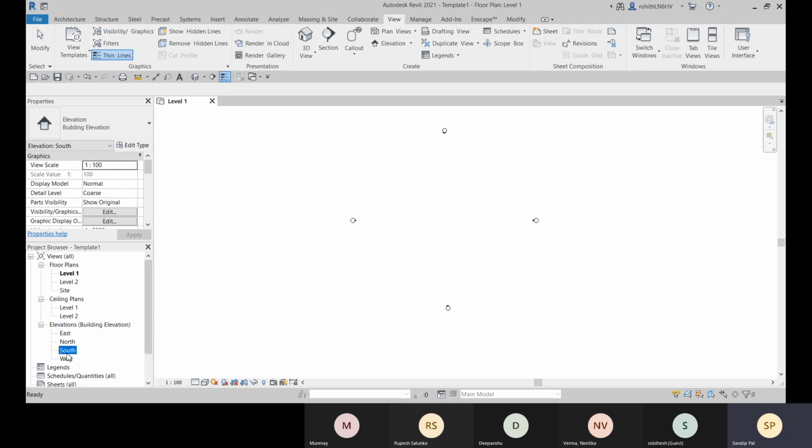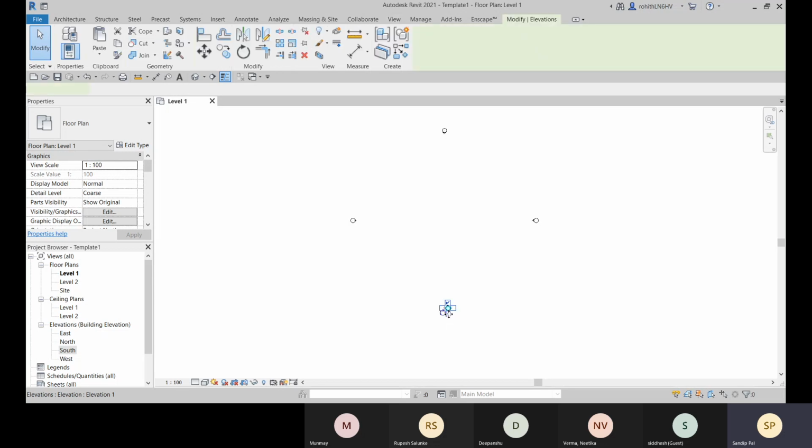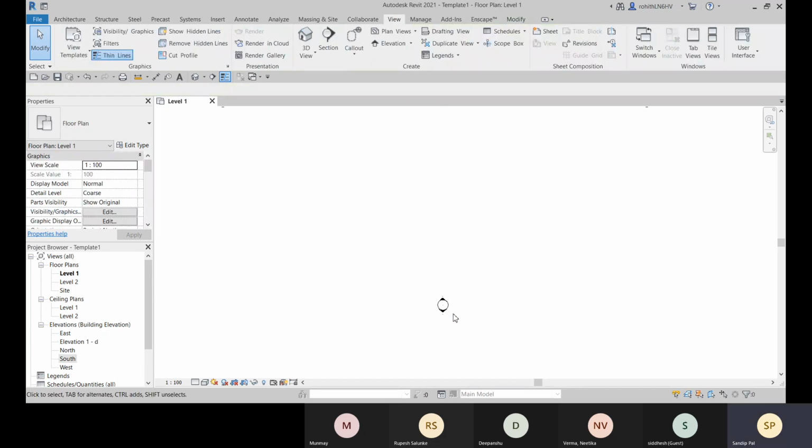And let me go to the south elevation. So you can double click on the south elevation in this project browser, or else you can come to this viewport and right click on this, double click on this elevation camera. Okay, just sorry, this will be unchecked.